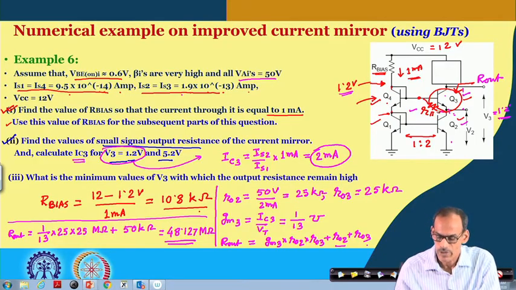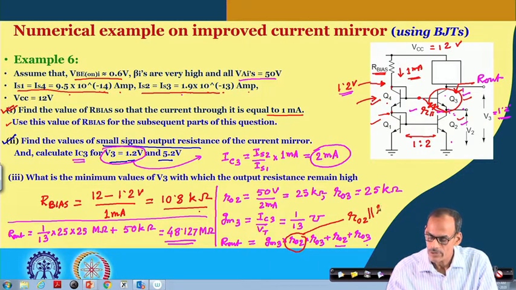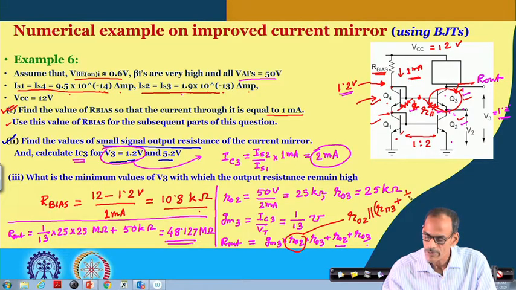Otherwise, instead of only this one, I should have to consider r o2 in parallel with r pi 3, but this node is not ground. In fact, from here to here I do have 1 by gm, and also we do have 1 by gm. So, I should have considered r pi 3 in series with 1 by gm4 plus 1 by gm1,